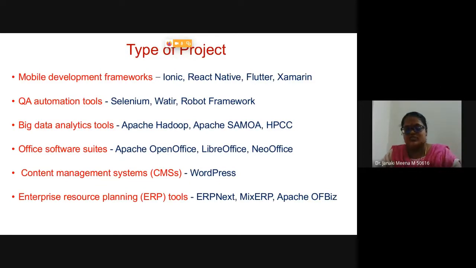And then we have got Office. You might have heard or used OpenOffice, LibreOffice, NeoOffice, right? For content management, we have got WordPress, and ERP tools. ERP means the entire enterprise will be managed, right? If you look at our university, there are ERPs for everywhere, for the accounts section. For every section of the company, you'll have software-managed components. That's what ERP is. So that's a very big thing. Every sector we have to address, there are many open source tools for that also.